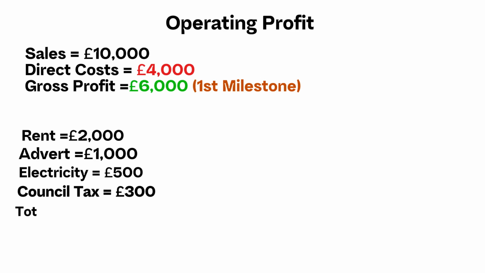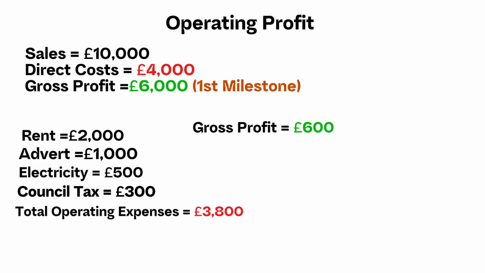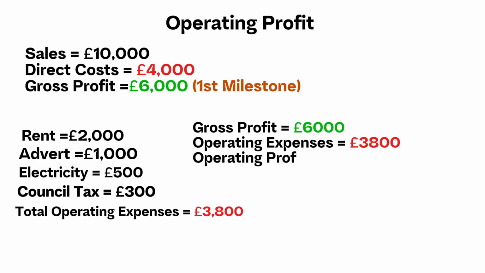So the total operating expenses is now £3,800. So your operating profit would be your gross profit, which is £6,000, less operating expenses, which is £3,800. So the total operating profit will be £2,200. This is the second milestone on your profit and loss account, and it shows how well you are managing